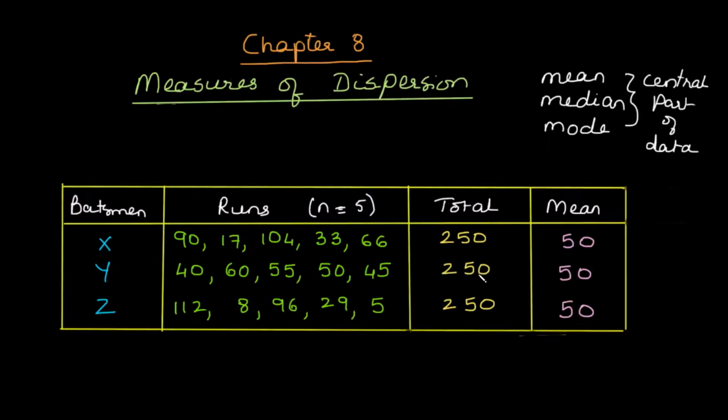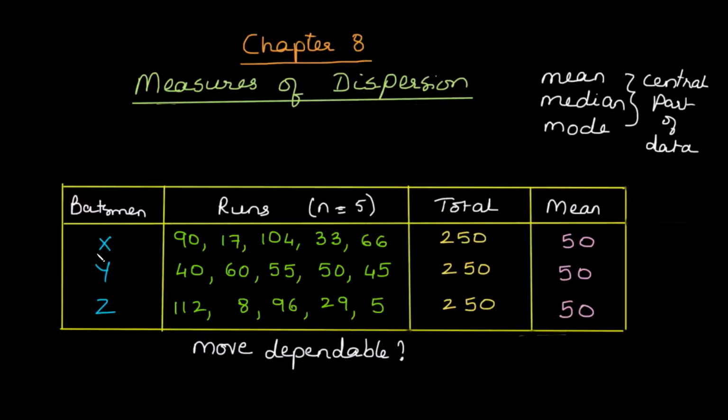So just by looking at this data, we cannot say which batsman is more dependable. Suppose the question is asked as to who is more dependable, who can be given to play the next match. Just by calculating the mean of the data, we cannot understand who is more dependable. So mean is not sufficient to decide in this matter. What we do is see how much the data is spread about the mean value. What is the spread of data about the mean value?